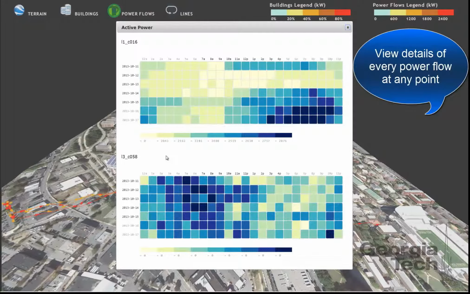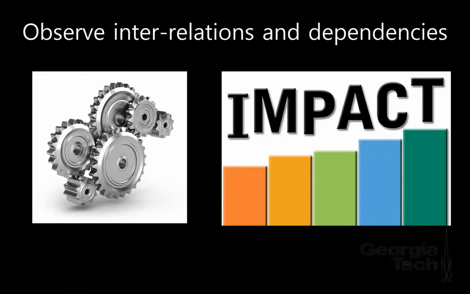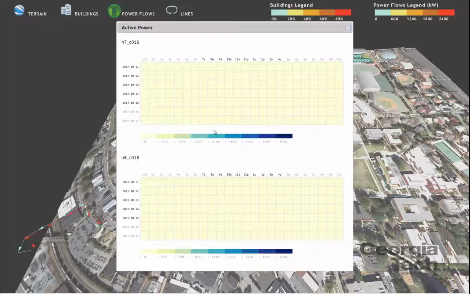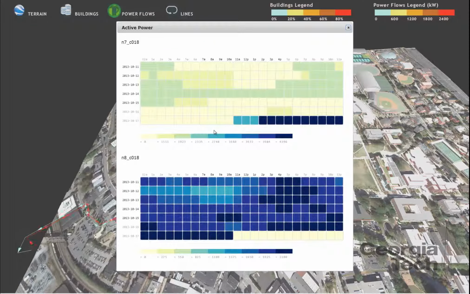By clicking on a particular point, you not only see all the lines that run through it, but you can also see the complete 1 week of data on that line. This helps understand the dependencies among lines and how a drop in one impacts the other. Currently, only lines N7 and N8 are displayed. When you click on them for greater details, you'll observe that when one was not operational, the other one was heavily loaded. It can be clearly seen that when N8 was reporting zero values, N7 was at its peak.